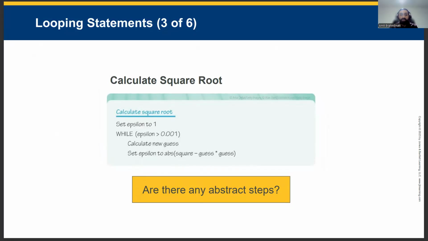Calculate square root. This slide applies the looping structure to a real example, calculating a square root using iterative approximation. It asks whether any of the algorithm's steps are abstract, encouraging you to identify where high-level reasoning is used rather than explicit calculations. This illustration shows how guesses are refined